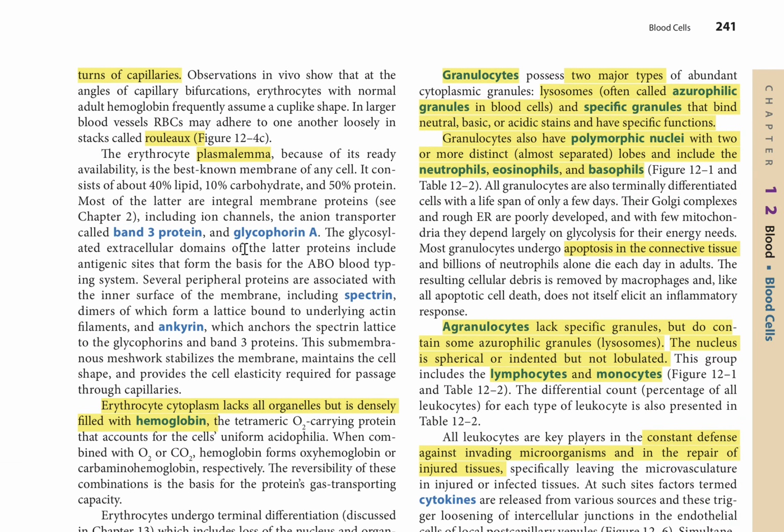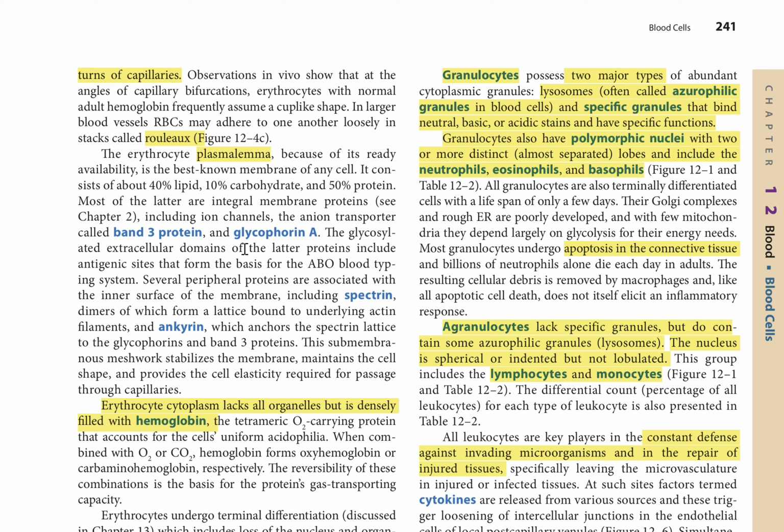So next, we're going to learn about the erythrocyte plasmalemma. What is the surface layer, or you can say the lipid bilayer, of the cell membrane? Erythrocytes have a cell membrane which is called the plasmalemma, and because of its ready availability it is the best known membrane